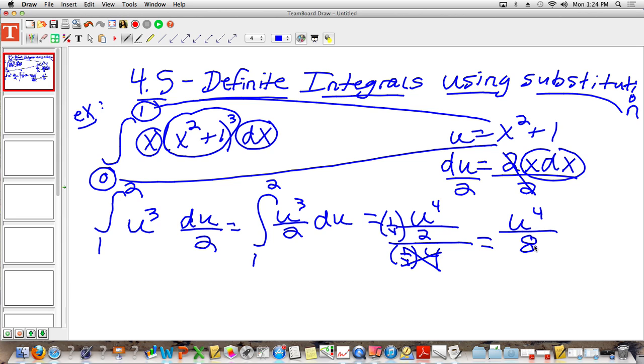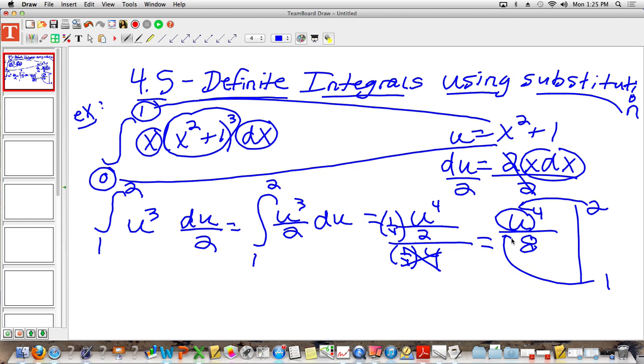And remember when you're finding a definite integral, you do this thing over here on the side, noting to yourself that you have found the integral. What do I put over here? What goes in the bottom? 1. What goes on the top? A 2. So we are finding now the value of this thing from 1 to 2. We used to go back now and replace this u with x squared plus 1. We don't have to do that anymore. Now you literally put a 2 in there, you put a 1 in there, and you evaluate it